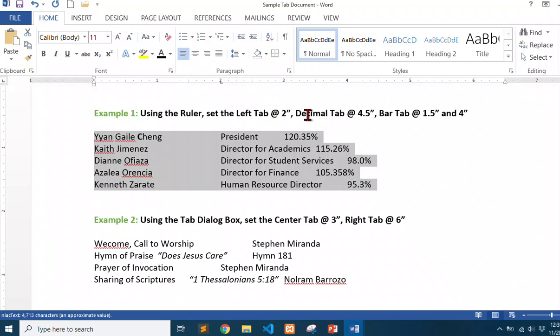And then the next tab is a decimal tab at 4.5 inch. So I'm going to change and select the tab to decimal tab. So this is the decimal tab and set it at 4.5 inch.